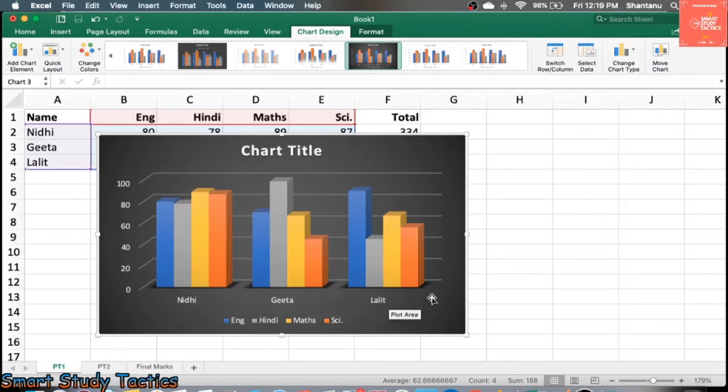This area is the plot area. Okay. And this is the horizontal vertical value. This is horizontal value. It will show horizontal values. Okay. Now it is saying horizontal value. These are the legends. Okay. So that these things you can remember. So let's suppose I want to change the chart title. So what you have to do, you have to click and start writing. Start writing marks of class 10th.